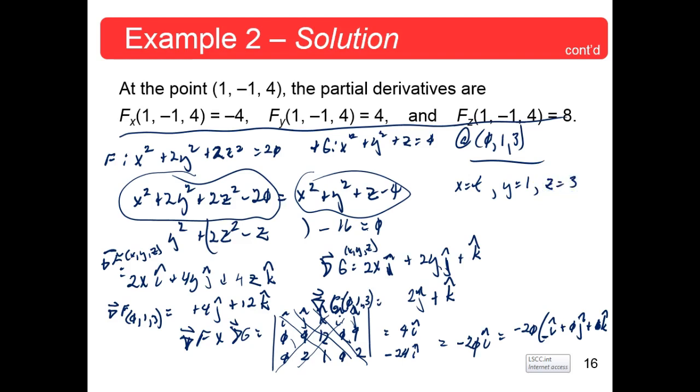Okay, again, this is minus 20i. Factor out the minus 20. 1i plus 0j plus 0k. So to get your parametric equation, it is the coefficient here, 1 times the parameter t plus 0. So that just gives you t. 0 times t, which is 0 plus 1. That's your y. 0 times t, which is 0 plus 3. That's your z. So those are the parametric equations for the line that's tangent to the intersection of those two